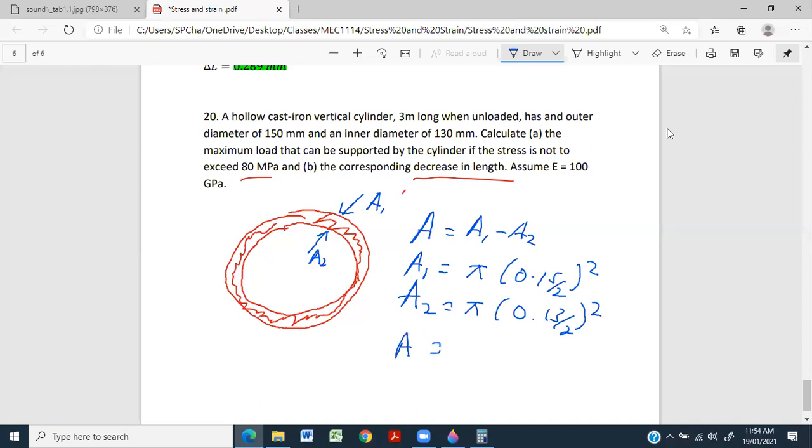So you plug this into a calculator and subtract it, right? 0.15 divided by 2, square that, times pi, 0.177 minus